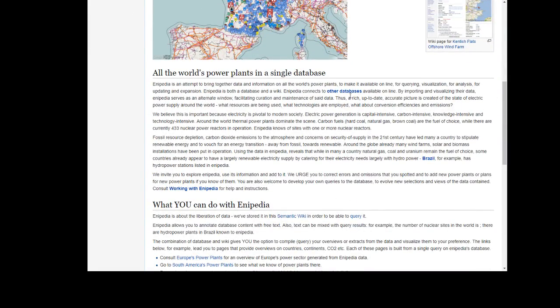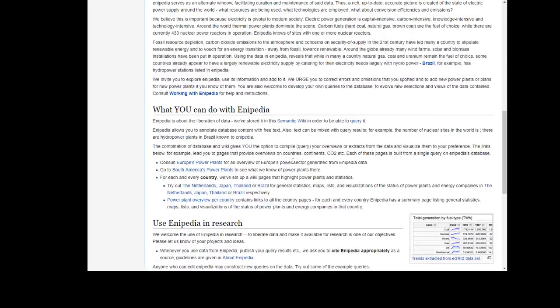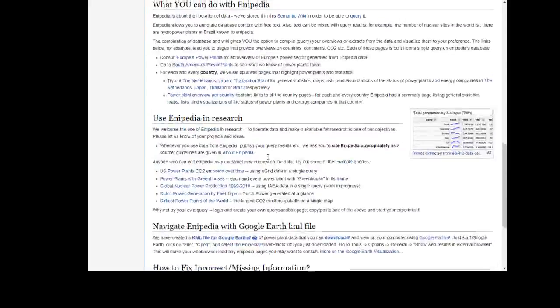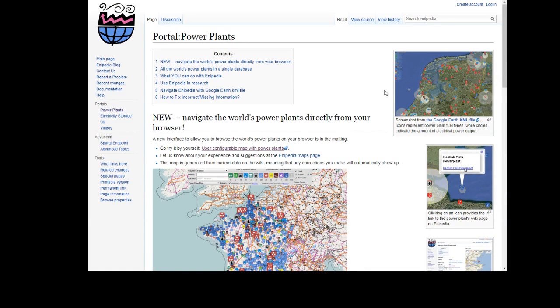So a single data set. And it does denote what the different sources are, and you guys can check that out too. So that's Anapedia. I highly recommend it as a source if you can get this stuff working. So while that's doing that,